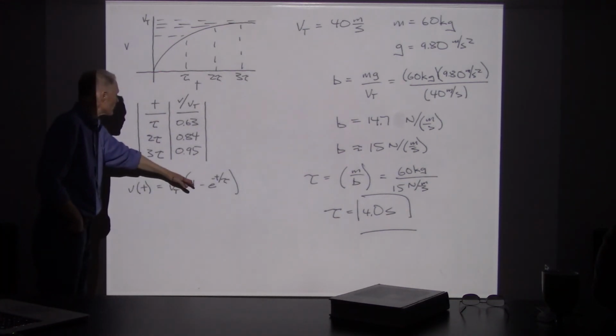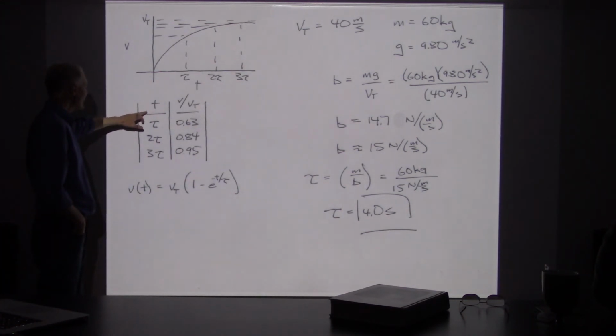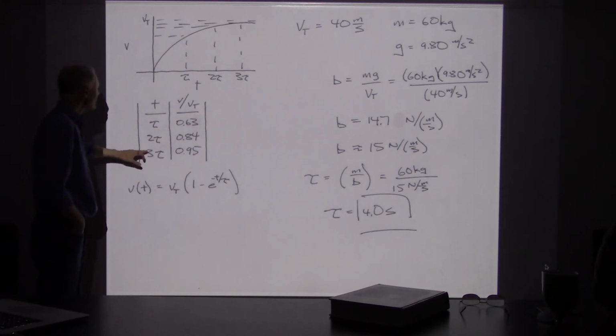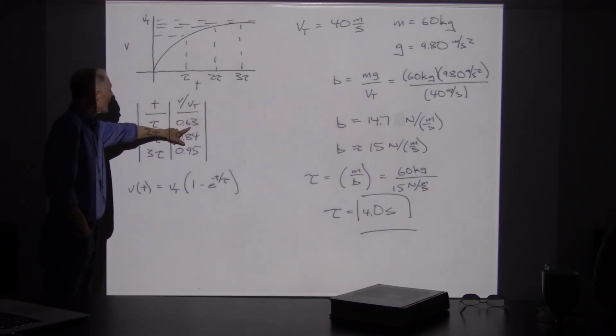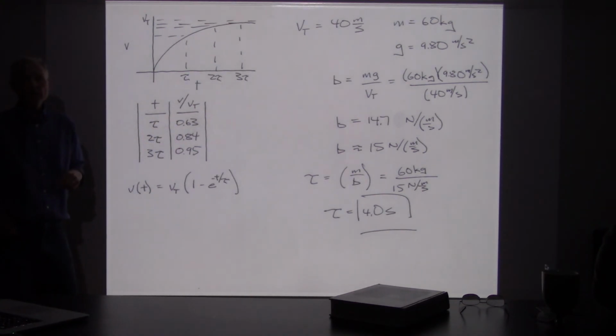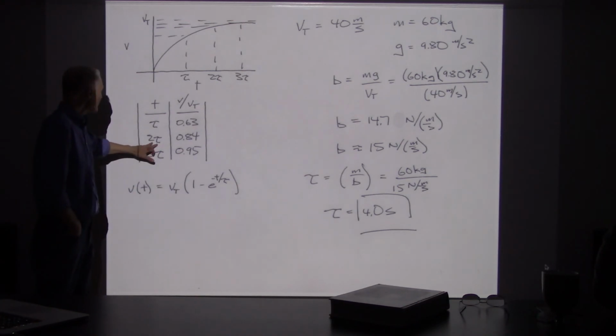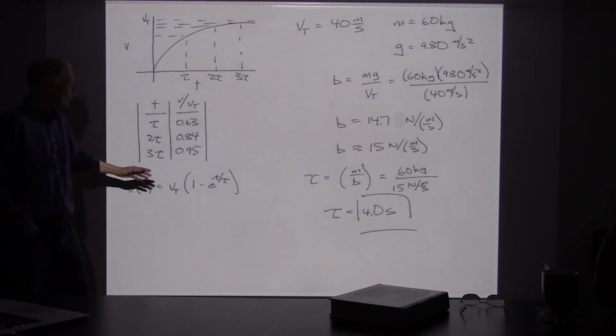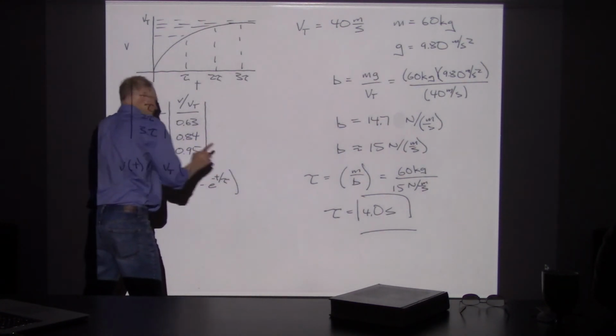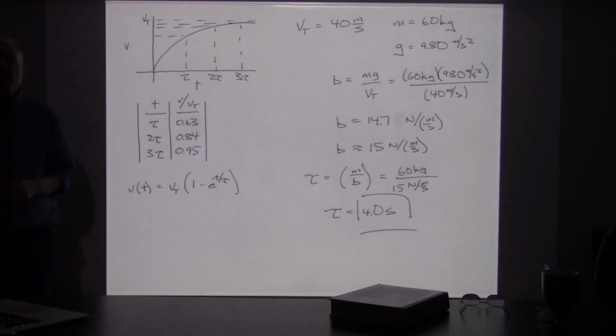Now, this formula, it's worth taking a closer look at the formula and what some of its properties are. As time goes by, we can measure these in time constants. So when one time constant has gone by, we can show that we are at 63% of terminal velocity. When 2 time constants have gone by, we're at 84%, 3 time constants at 95%. And that's a feature anytime we see this, the stuff in the parentheses, the 1 minus e to the minus t over tau